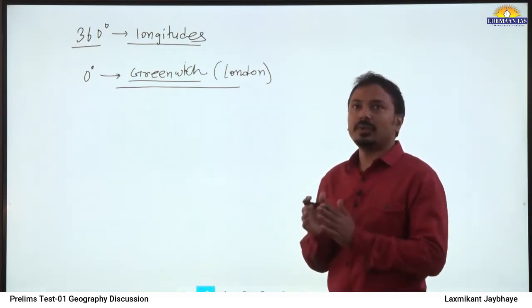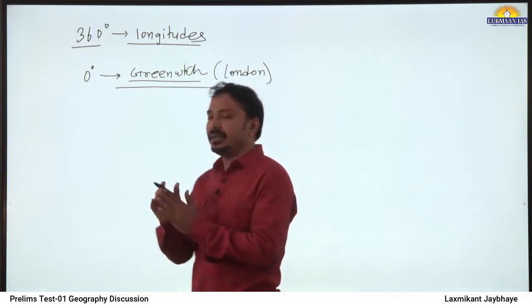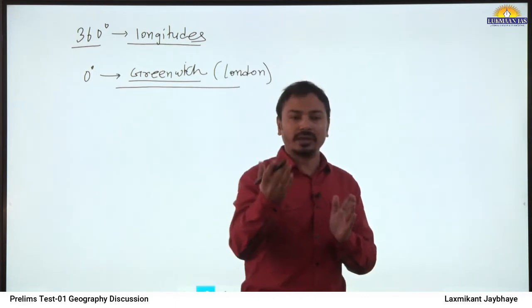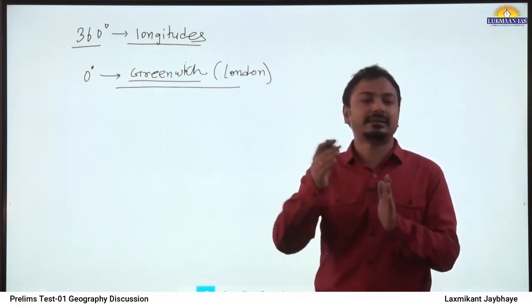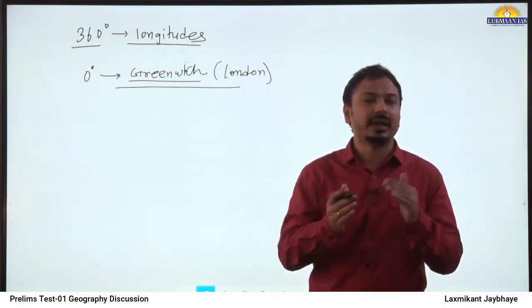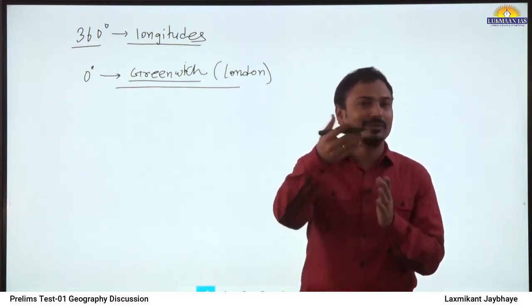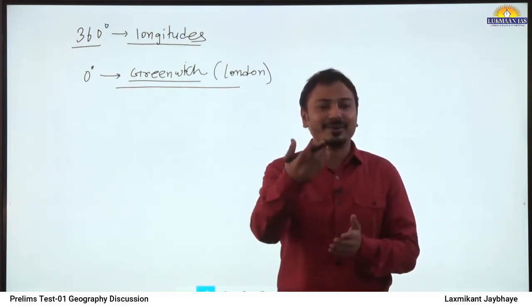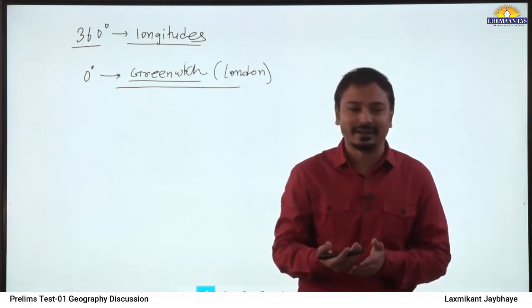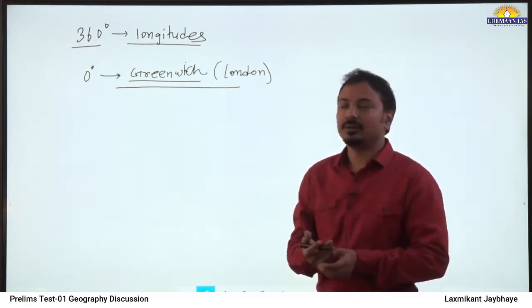From this 0 degree, east of it up to 180, we calculate as eastern longitudes, and west of it up to 180 degree as west, and the one which passes through 180 degree we call the international date line. Okay, now the question,